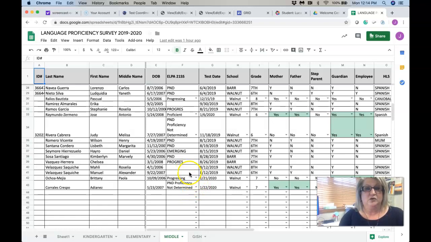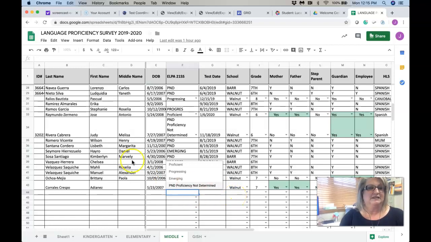So for instance, if you got a screener score for some of these students, you would simply go under the ELPA 21 screener score, click on the drop-down arrow, and click on whatever the student's score was: proficient, progressing, emerging, or proficiency not demonstrated, PND. And then that updates the spreadsheet, and we need to have the spreadsheet up to date because this is where we pull a lot of the data that we use to make reports and things from. So that, in a nutshell, is how to convert temporary screener scores to permanent